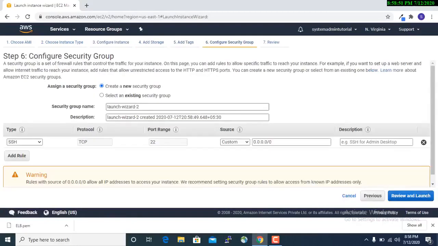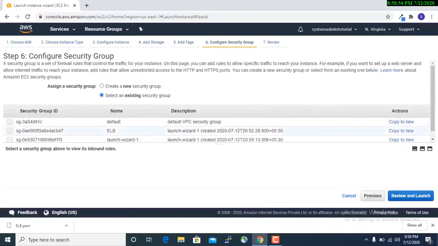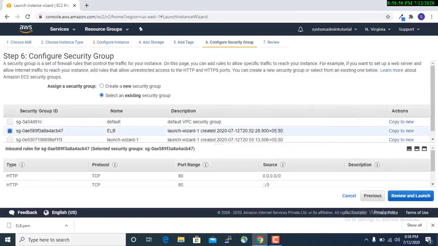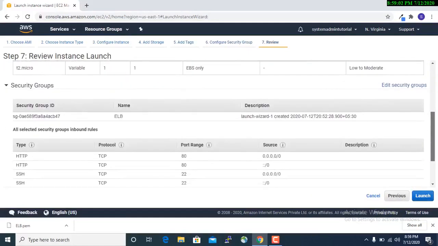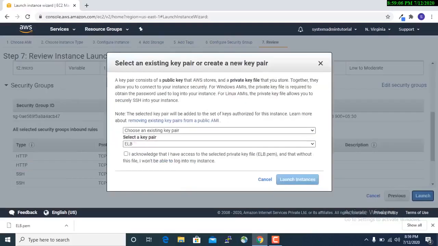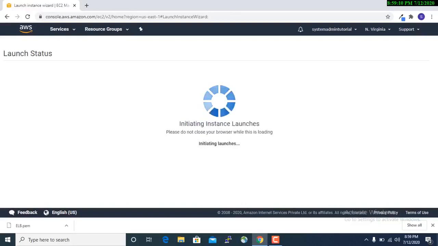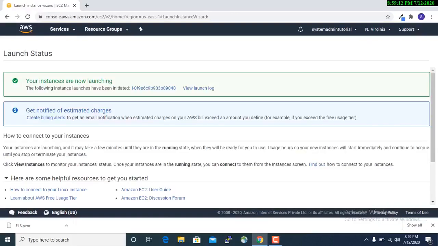So again you have to follow the same process, but here you have to select a different subnet. The VPC should be the same, but the subnet should be different. I have selected east 1B. We have to give the security group as existing, which is ELB already created. So click on launch.